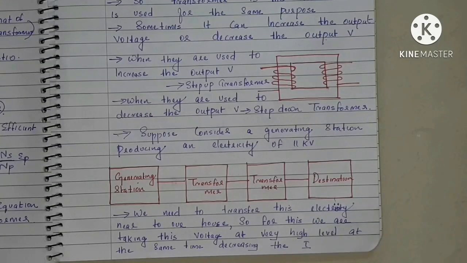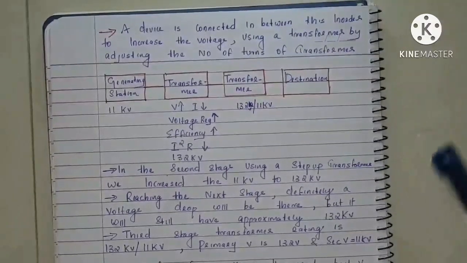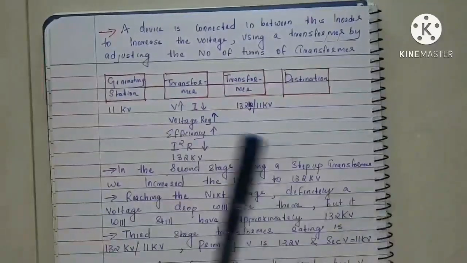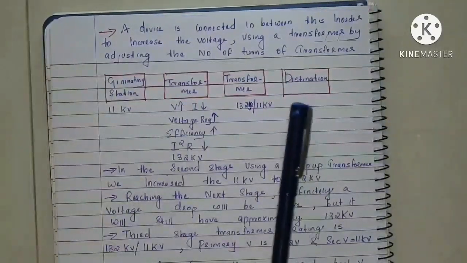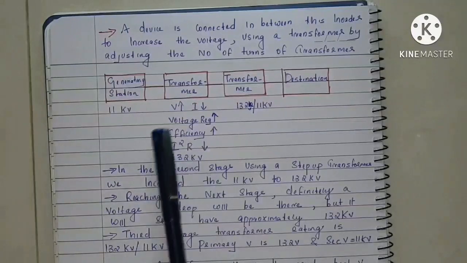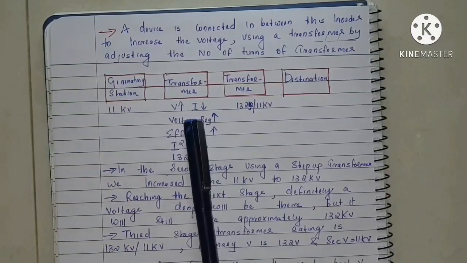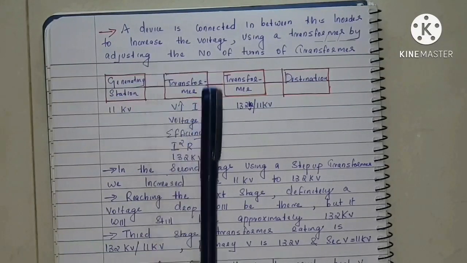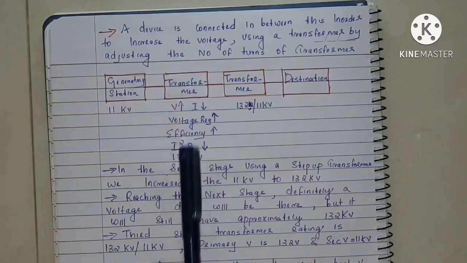For this, we are taking this voltage at a very high level, at the same time decreasing the current. So a device is connected in between the generating station and the destination to increase the voltage and decrease the current. That is, a transformer is connected in between